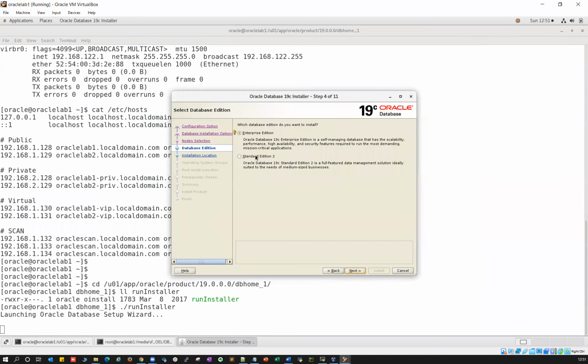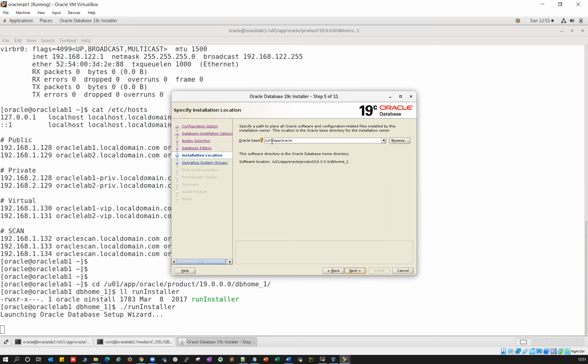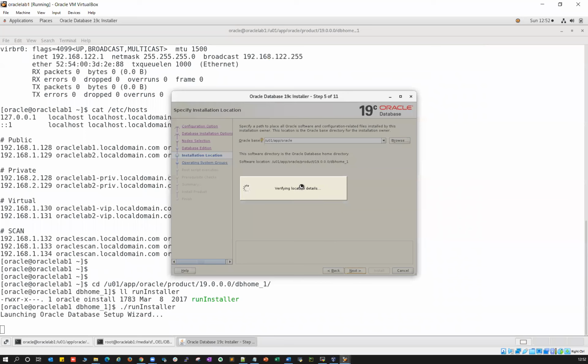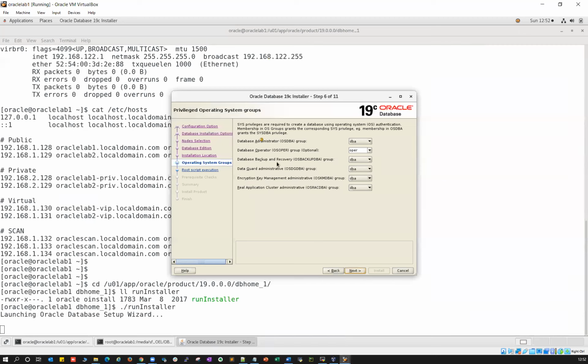Okay, so standard edition, enterprise edition. I'll go with the enterprise edition. This is your user and app Oracle base, and this is your Oracle home. And then by default, I'll select all the groups as OSINSTALL. It all depends upon your design.